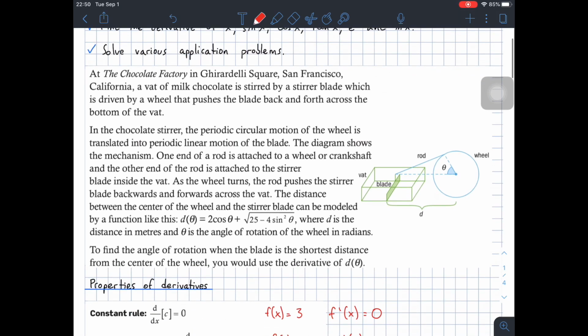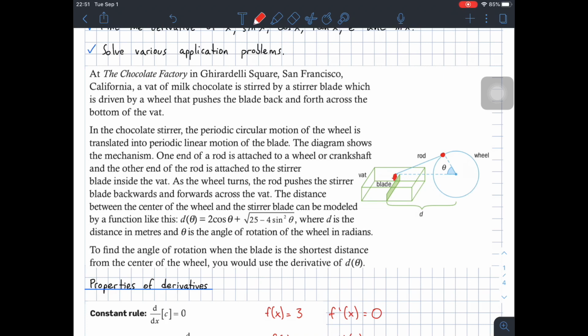Okay, so we're going to read this example of how derivatives of trigonometric functions apply to real-life situations. It says, at the chocolate factory in Girardelli Square, San Francisco, California, a vat of milk chocolate is stirred by a stirrer blade, which is driven by a wheel that pushes the blade back and forth across the bottom of the vat. So here you have a wheel, and this is the vat. Yes, at the bottom of the vat, which is attached to one part of the wheel and to the